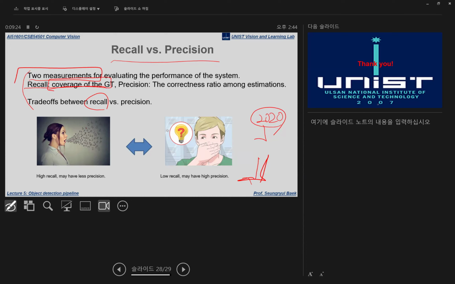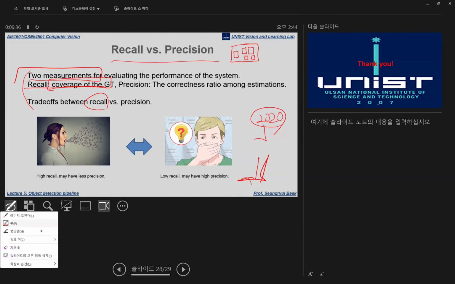For example, in the image there are 10 objects, and if the AI system estimates bounding boxes like this, then the recall might be